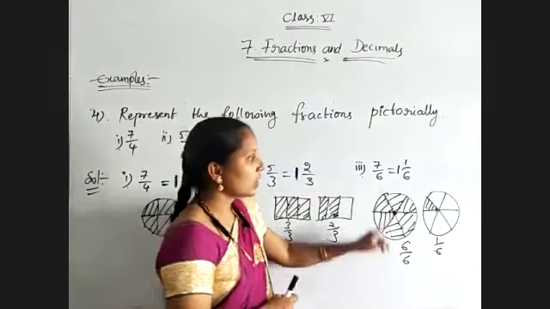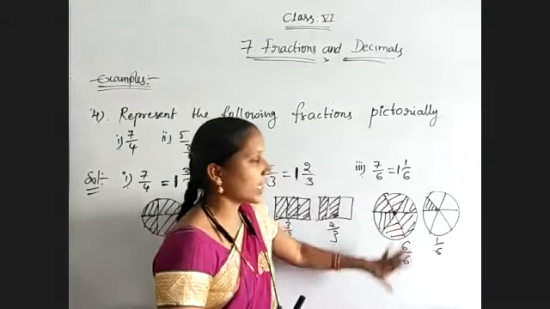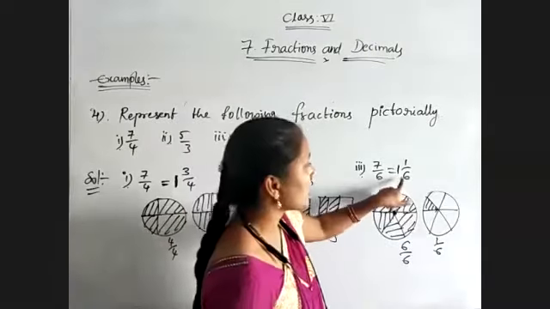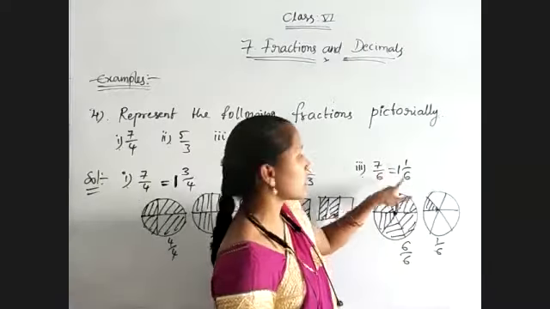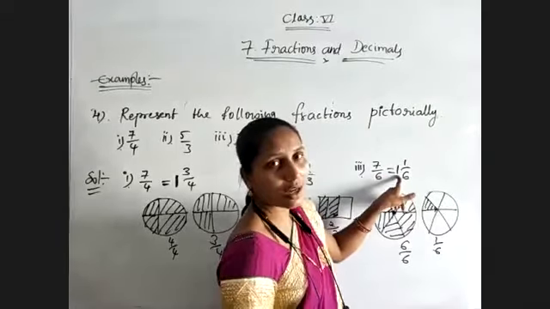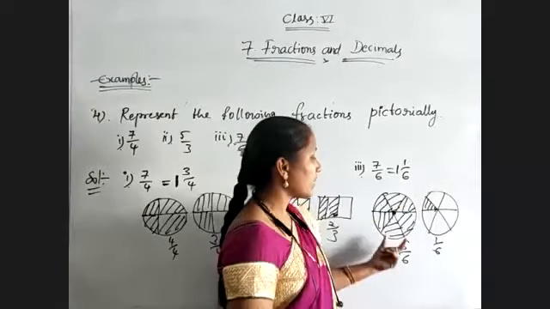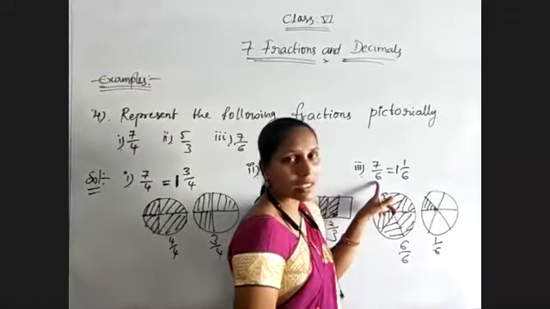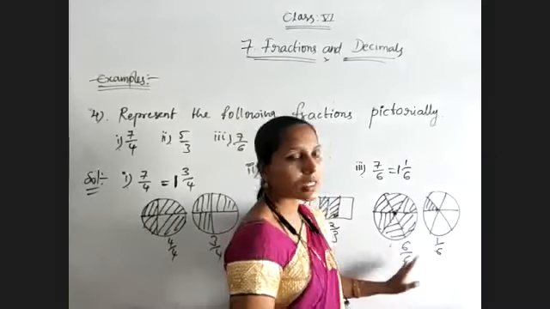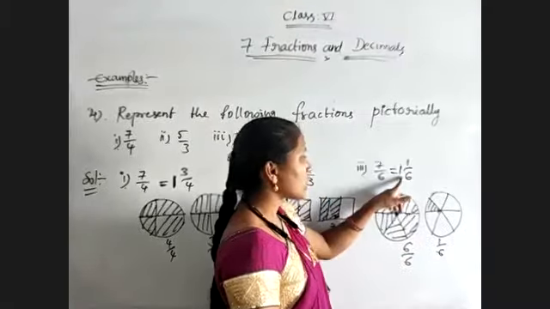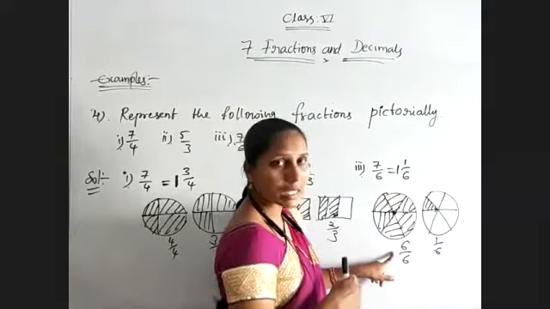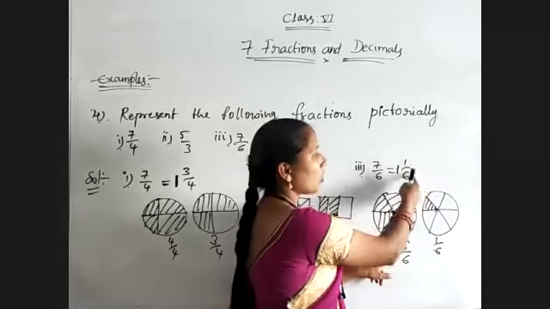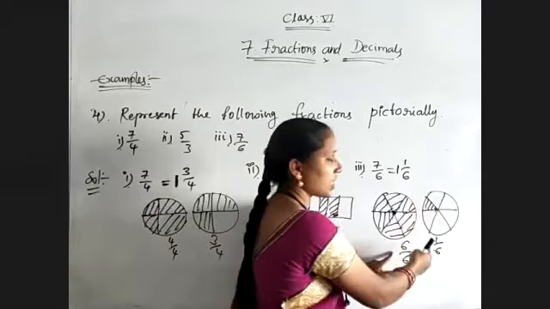And coming to this one, because the denominator is 6, whatever wholes we have taken, we need to divide them into 6 equal parts. So observe here, 7 by 6 as a mixed fraction is 1 1 by 6. That means again quotient 1 we got. So we need 2 wholes. I have taken circles to represent this. So 2 circles I have drawn. Because the denominator is 6, I divided the 2 circles into 6 equal parts. And one circle is completely used. So 6 by 6. All those 6 parts we have to shade, 6 by 6, and in the second whole only one part is shaded, so 1 by 6, totally 7 by 6.